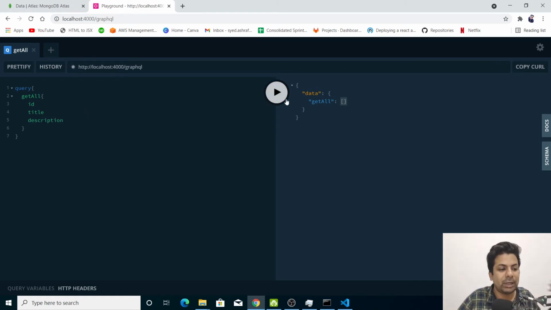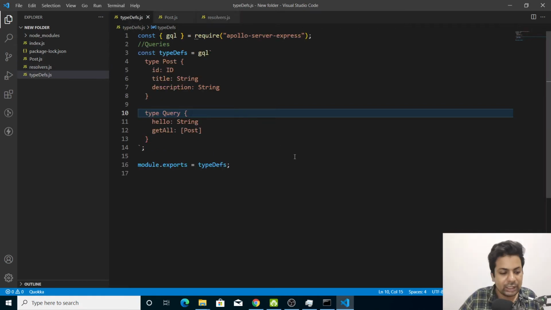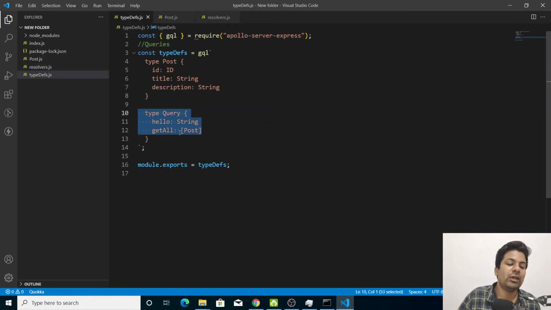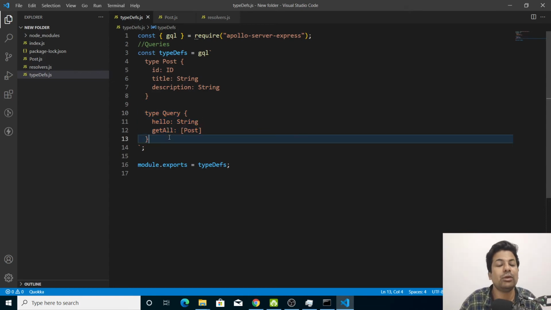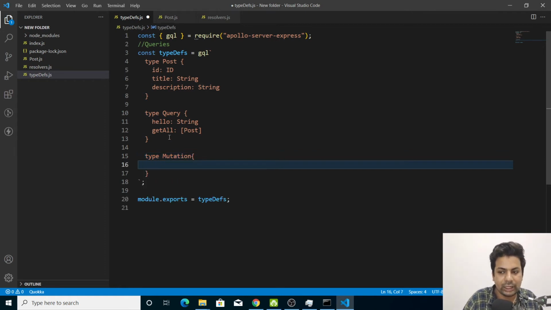Now comes the part for create. So we'll come here. Query is for reading. For creation we use mutation, so we'll say type Mutation. And in this we'll say createPost.